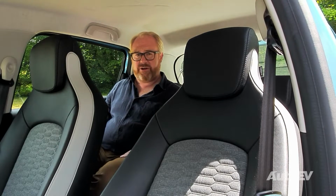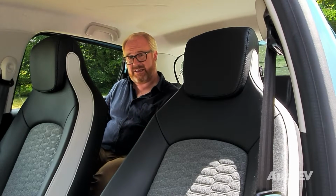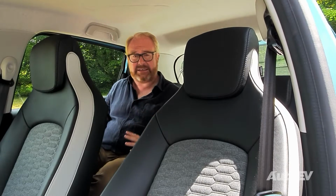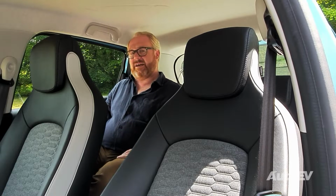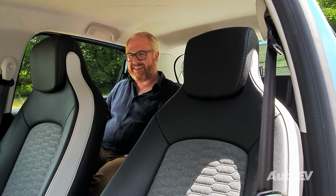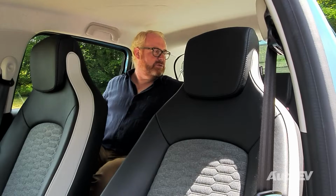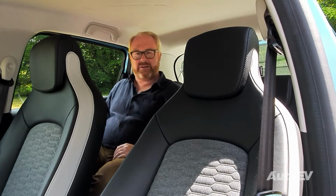Credit where it's due to Renault, because what they've actually managed to do is increase the size of the batteries which are underneath the car without actually decreasing the interior space. It stays the same as the previous generation's cars, although it can be quite tight in the back here. It shows pretensions of being a 5-seat car, but this middle seat really isn't ideal. It is just ideal for 4 people. These headrests also need to be popped up into position as if they're left lower, they get you right between the